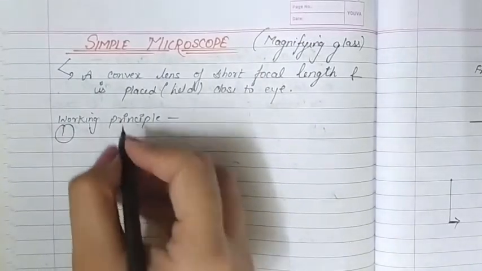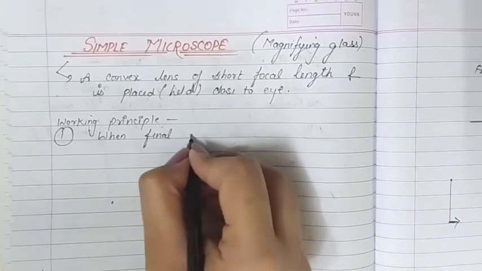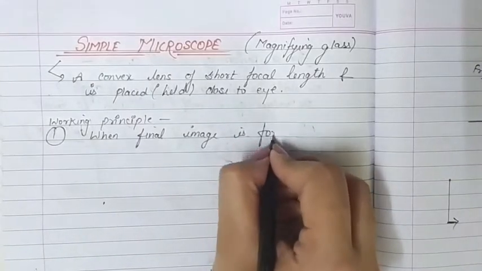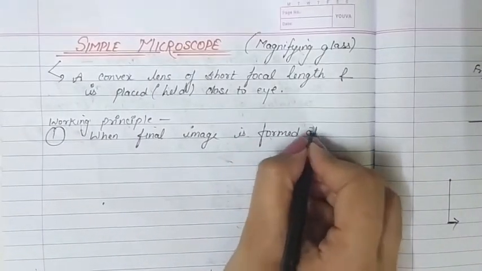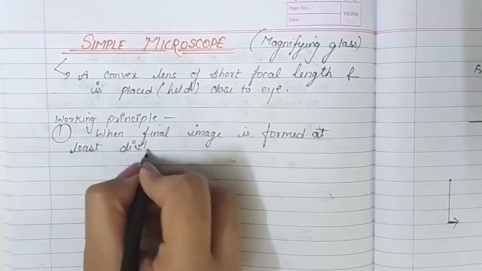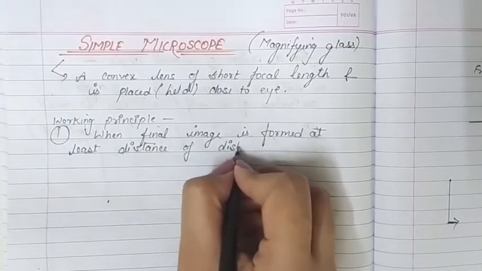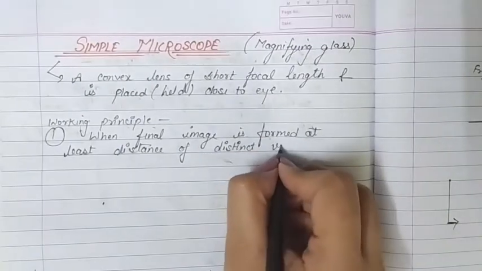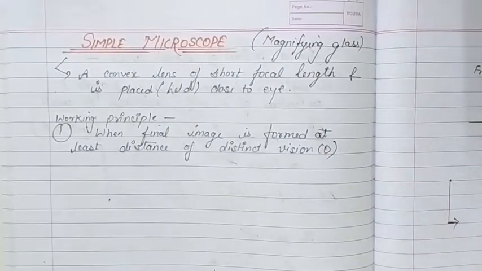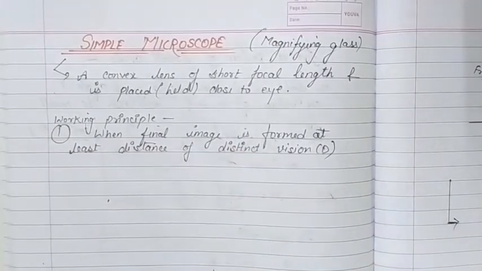the first one, when the final image is formed at the least distance of distinct vision, and it is denoted by capital D. If our final image is forming at capital D, then this is case 1, and for this we have